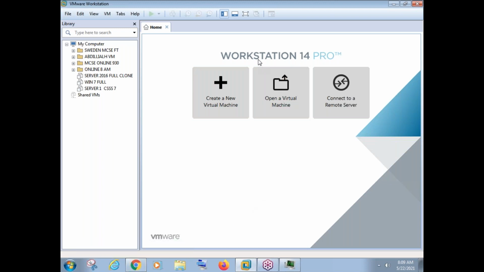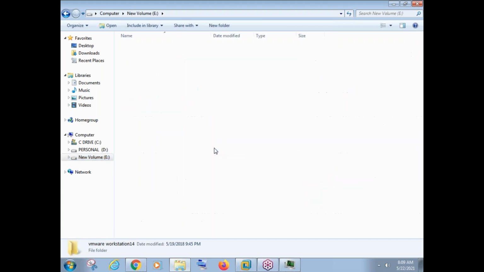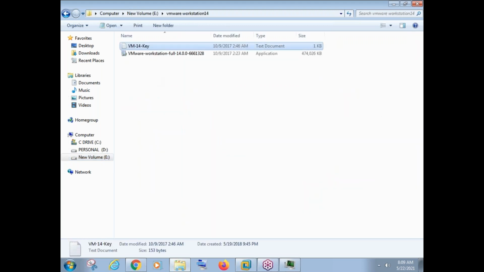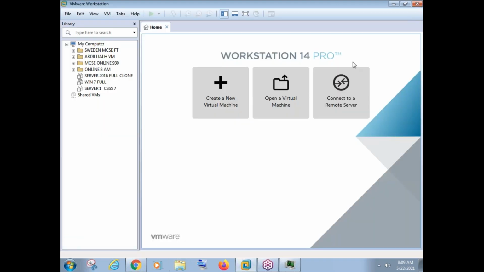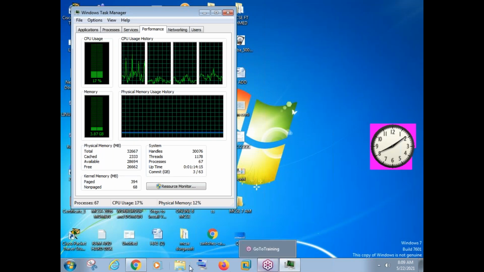There is VMware Workstation 14. Like I said, there are some newer versions also, like 15, 16, 17. But if you go with 16 and 17, it is a trial version only for 1 month. After 1 month, they will ask you to pay money. But coming to this VMware 14 version, I have a crack here. This is my key. So I can use this key and it will not ask you to register or pay money. So it is better as of now you go with VMware Workstation 14 so that you can use this workstation for a much longer time. And in case you want to purchase, you can purchase. It's up to you.